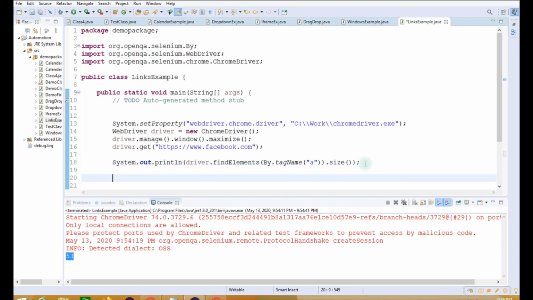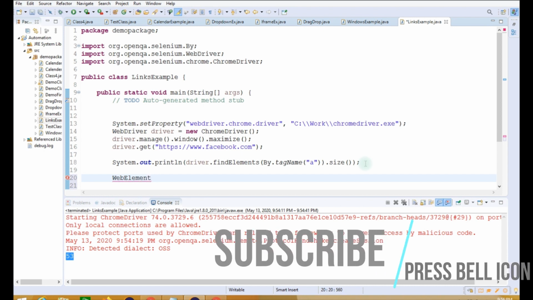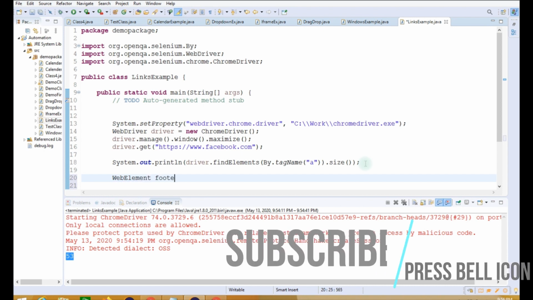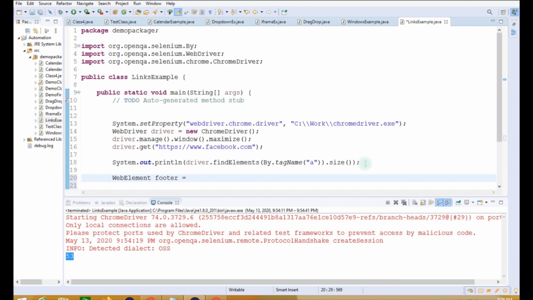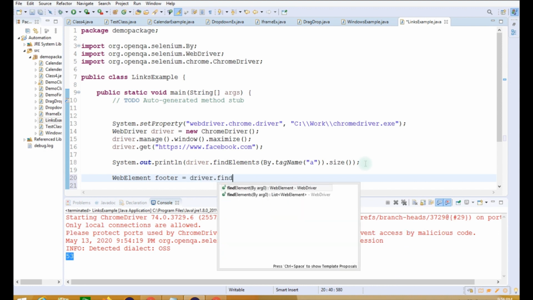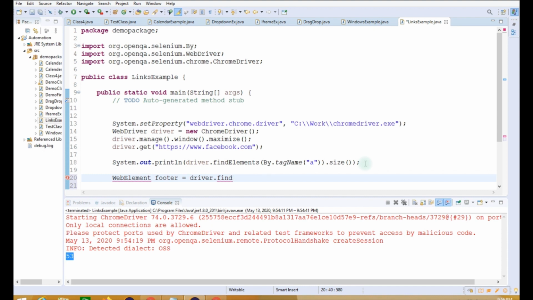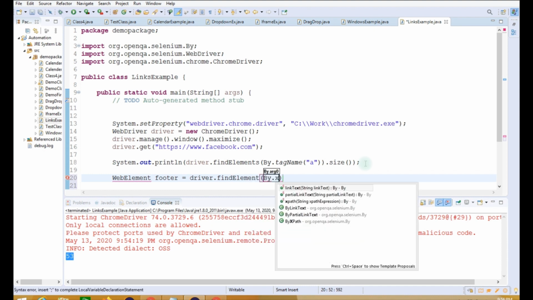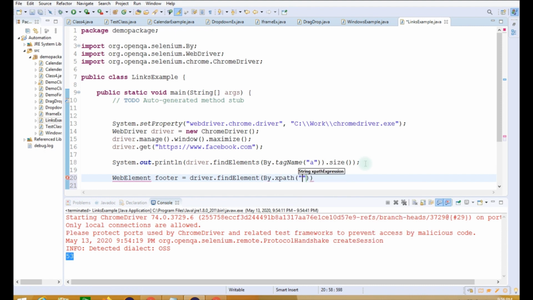And here we have to write WebElement, and let us name the element as footer equals driver.findElement(By.xpath, and here I will paste the XPath that I have copied from ChroPath.